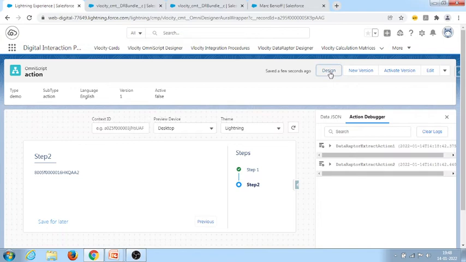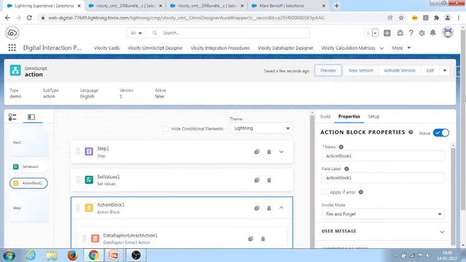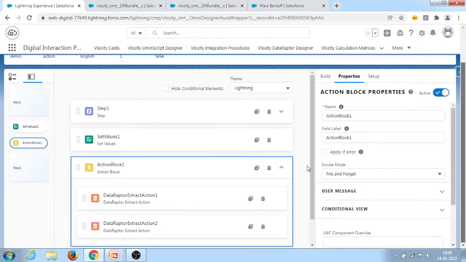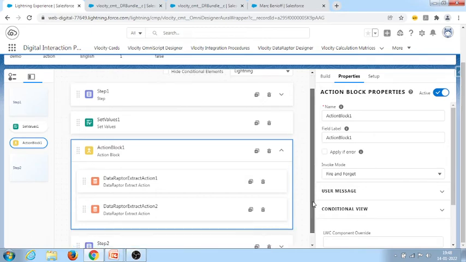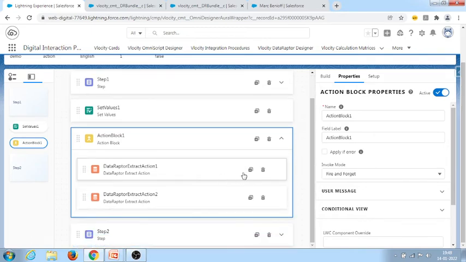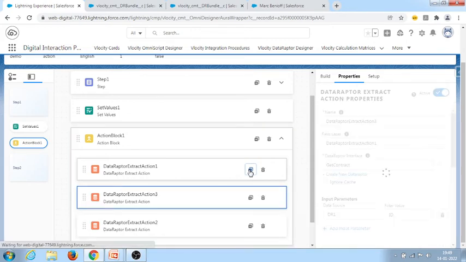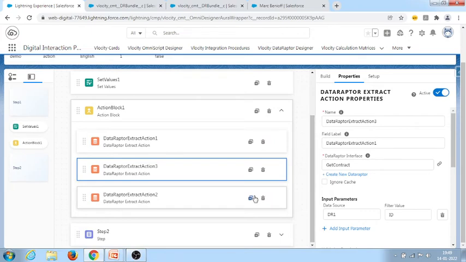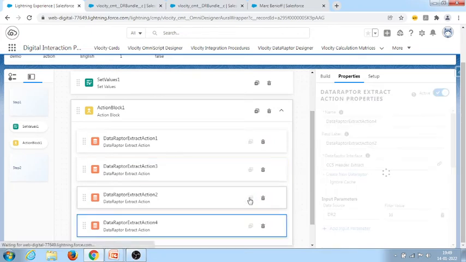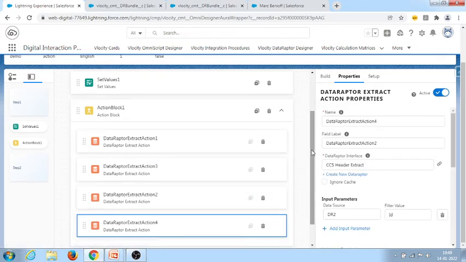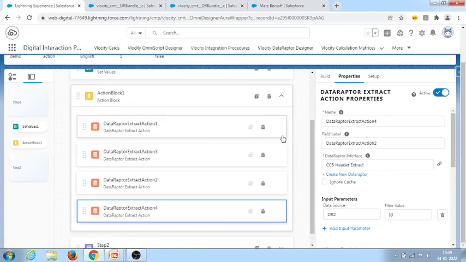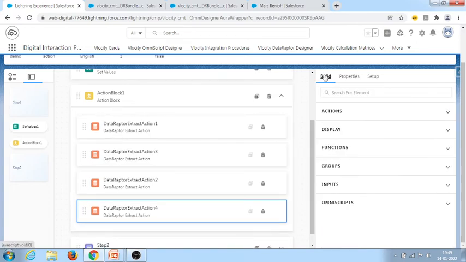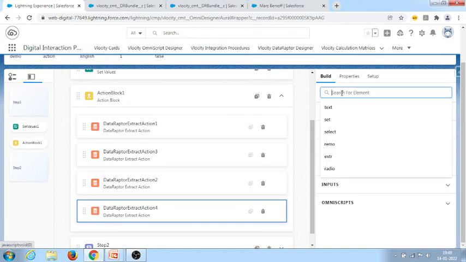The limitation of this action block is that it will only accept 4 actions. Suppose I copy one more data raptor and one more data raptor, that means this action block now contains 4 actions. This is the maximum actions we can provide.